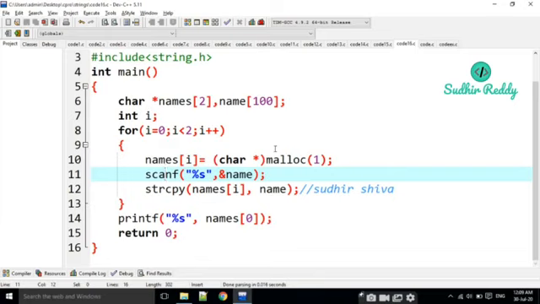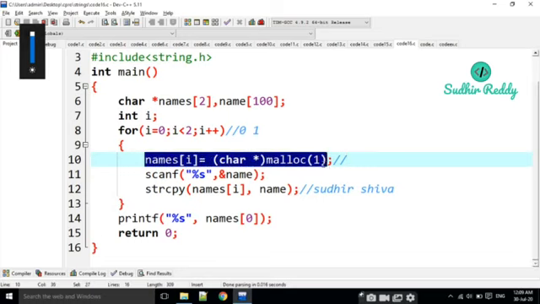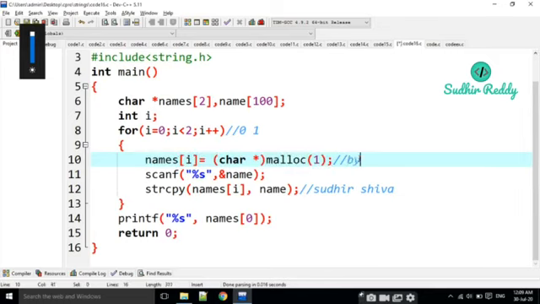Now names 2, that means it is going to read names of 100. I am going to write some for loop. That for loop is going to be 0 and 1, so 2 times it is going to repeat. Here I am going to write malloc of names of i. I am going to allocate the memory for that particular name, with 1 byte, only 1 byte.